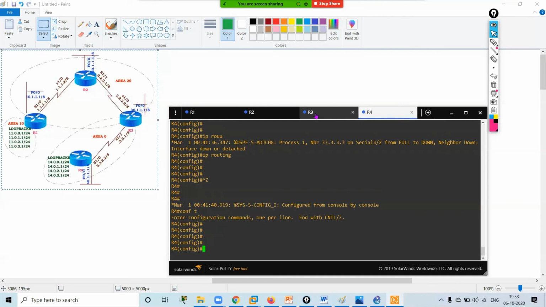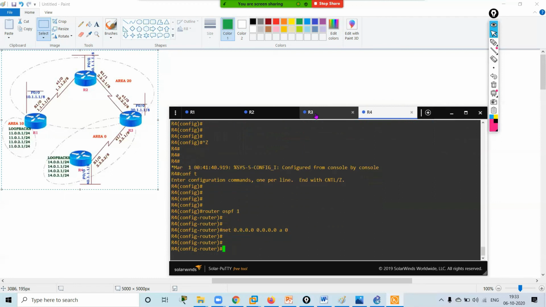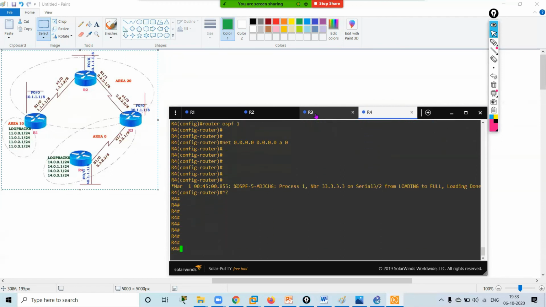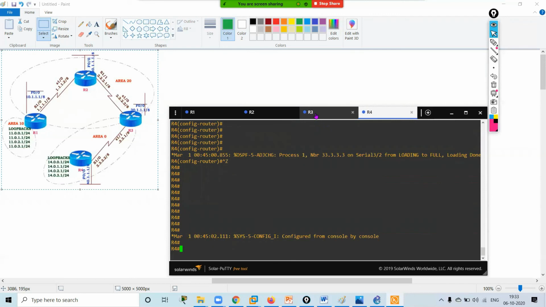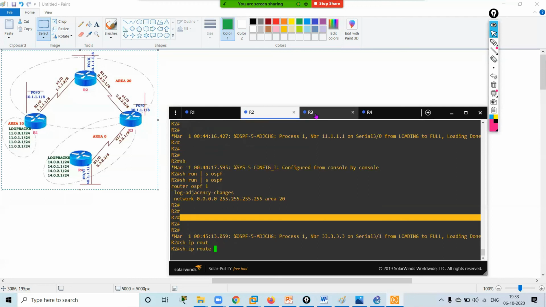On R4, router OSPF 1. Here also, all the networks of R4 are in single area, so I can use this command to advertise all the networks in single area, or I can give the other commands also. Okay, if I go on R2 and check show IP route OSPF,